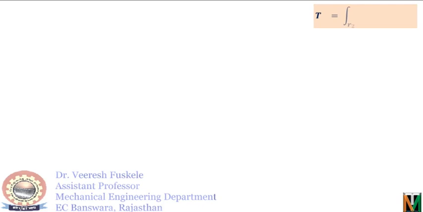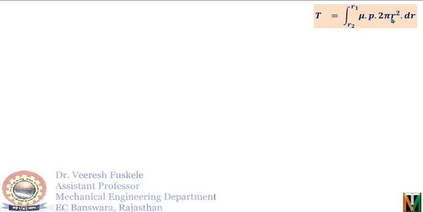As we have seen in the previous videos, the general equation for the torque is given by the integration from R2 to R1 of mu P 2 pi R square dr, where P into 2 pi R into dr is nothing but the axial force that is required to keep the plate in contact with the flywheel. Mu into P into 2 pi R dr is nothing but the frictional force. Now this frictional force multiplied by one more R, that means mu P 2 pi R dr into R, will give you the torque. The frictional force into the radius will give you the torque. So the final equation comes out to be T is equal to the integration from R2 to R1 of mu P 2 pi R square dr.